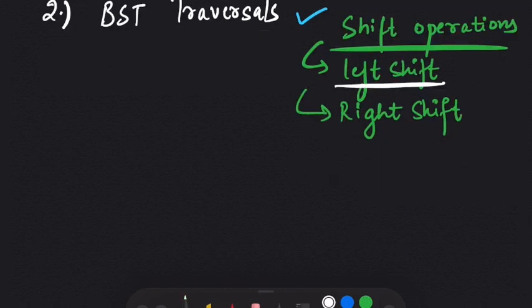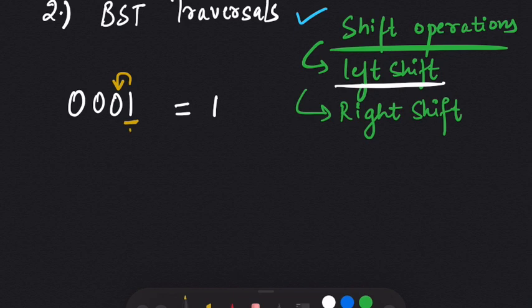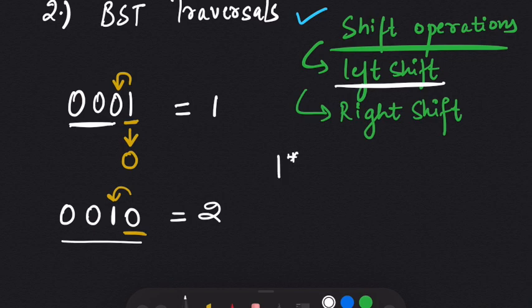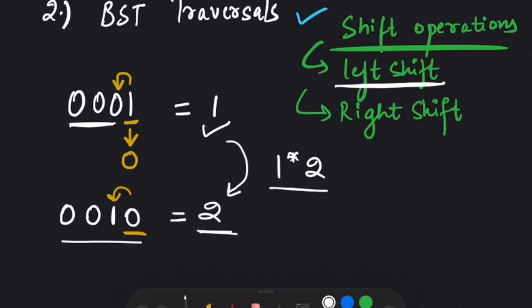So let's say you are given a binary number 0001, which is equal to 1 in decimal number. So in left shift, we will shift this 1 to the left and we are going to replace this with 0. So this number now becomes 0010, and at this empty space, we enter a 0. So this 1 was shifted to the left and we added a 0. And now this number 0010 is equal to 2 in decimal number. So in a nutshell, what left shift does is, it multiplies the number by 2. We had a number 1 and using left shift, the binary number now becomes 2.